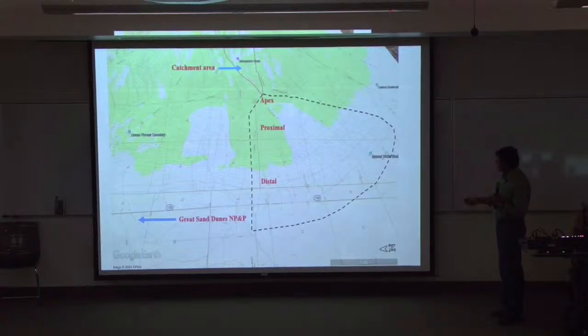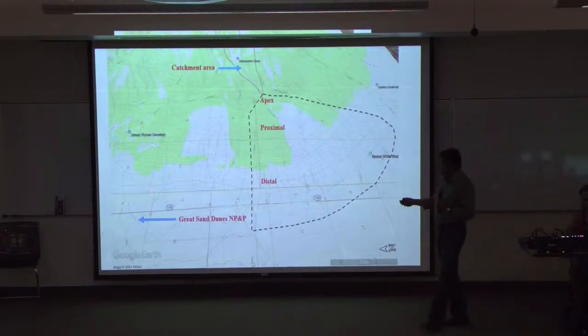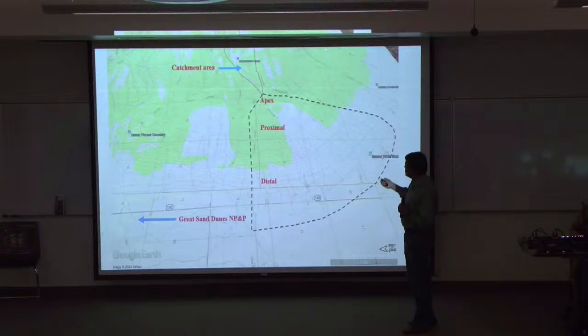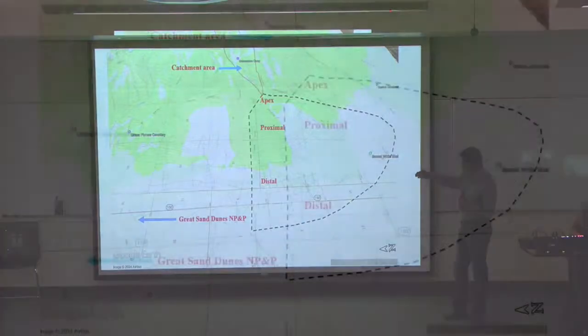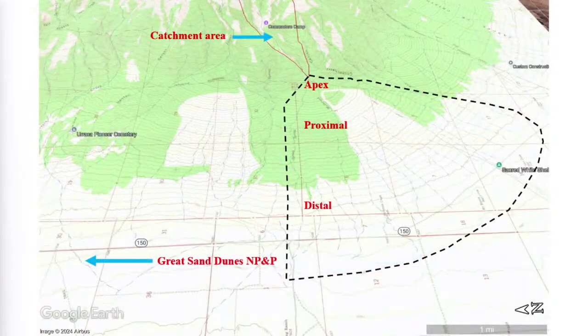A couple of things to note here is that the contours are these concentric contours that define the fan's surface. Because there are fans that wrap their way all around the mountain front, these contours continue on. If it was a standalone fan, it would be a contour that radiates out from this one point. But because there are fans all along the mountain front, these contours continue on. And we'll come back to more examples of contour maps and fans in a later part of the discussion.